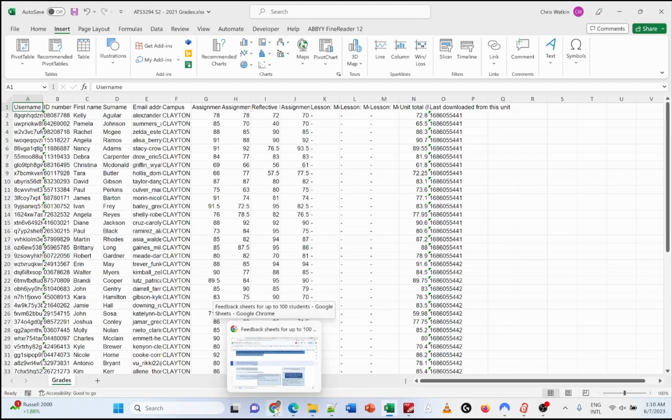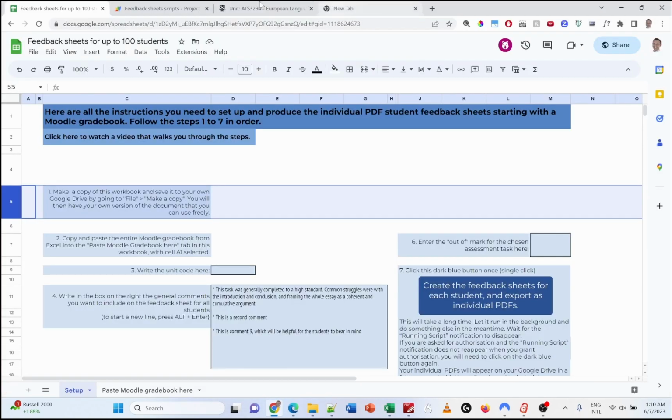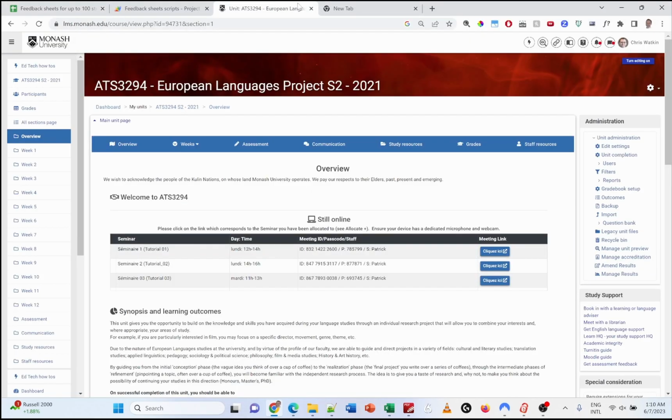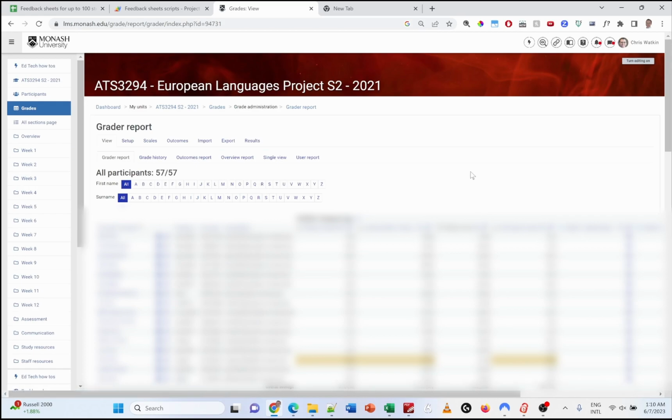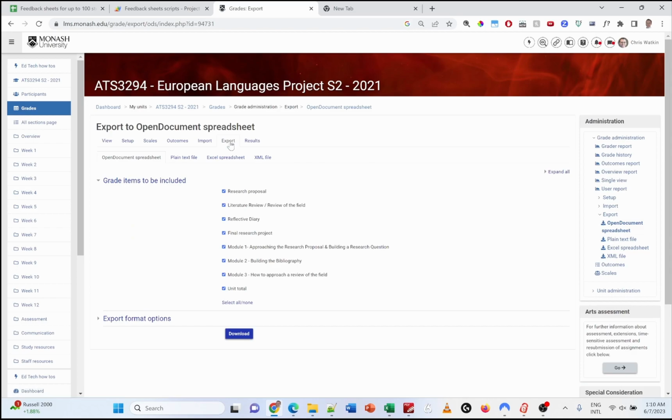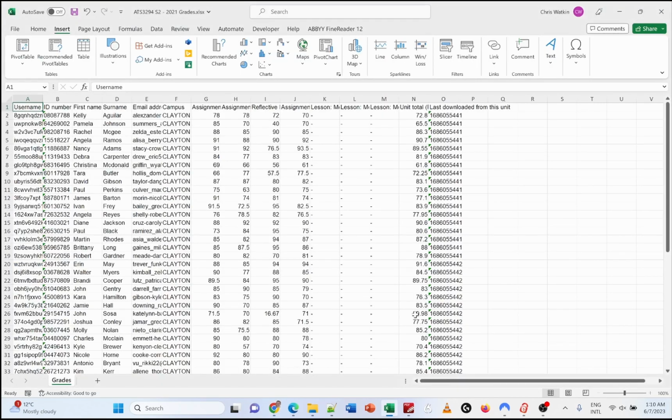But the way that you get a gradebook out of Moodle is in a unit like this here. If you go to Grades, and then you're going to want to export, Excel spreadsheet, and then keep everything ticked, download, and that's your file. I'm going to use this one that I've changed to guard student anonymity, and so I